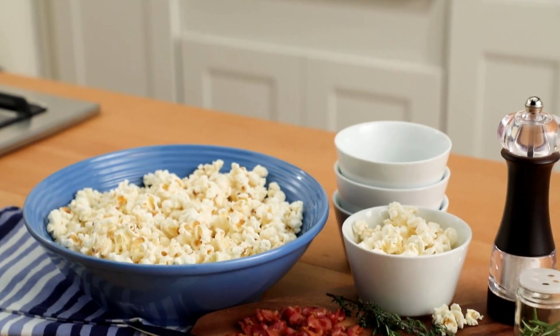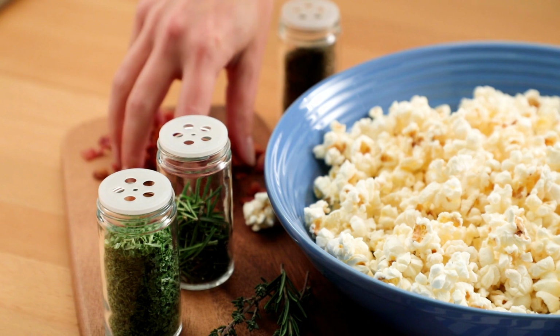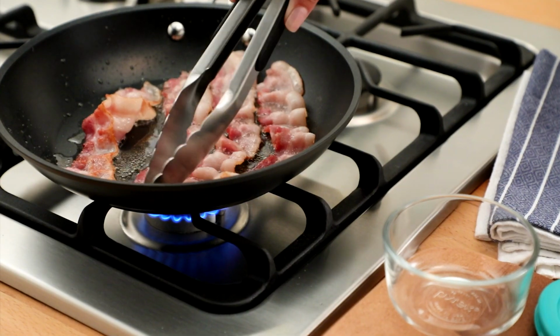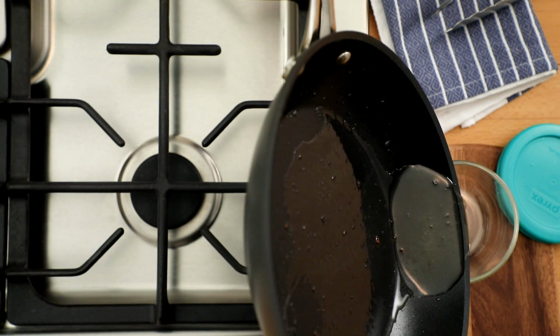Your home movie night is about to get more exciting and delicious because now you can add the irresistible flavor of bacon to your popcorn. Here's how. The next time you cook up some bacon, transfer the leftover pan grease into a container and store